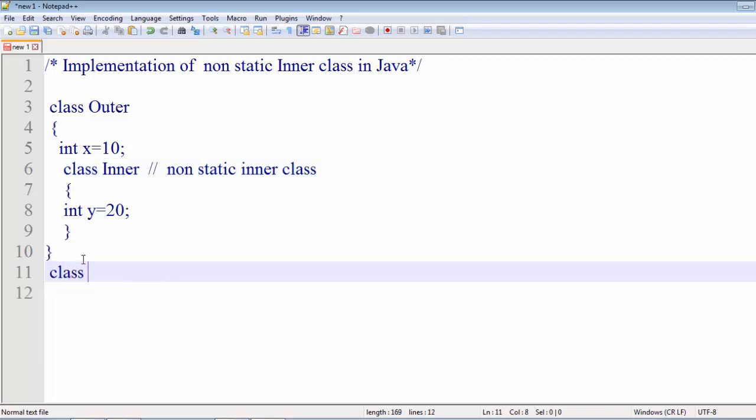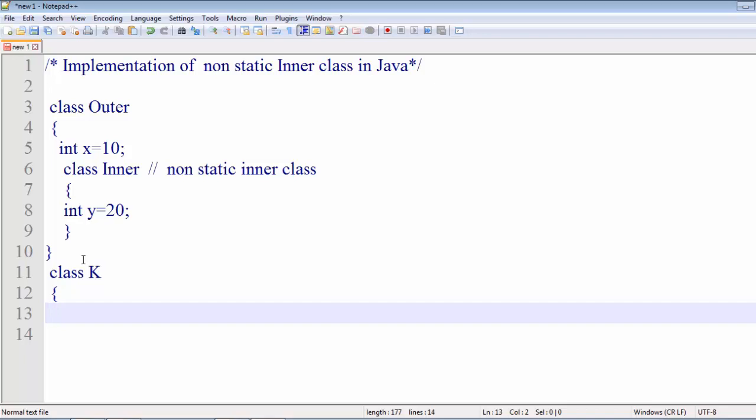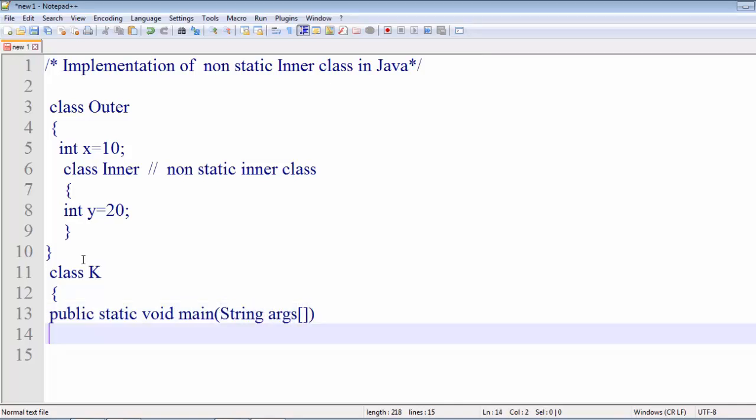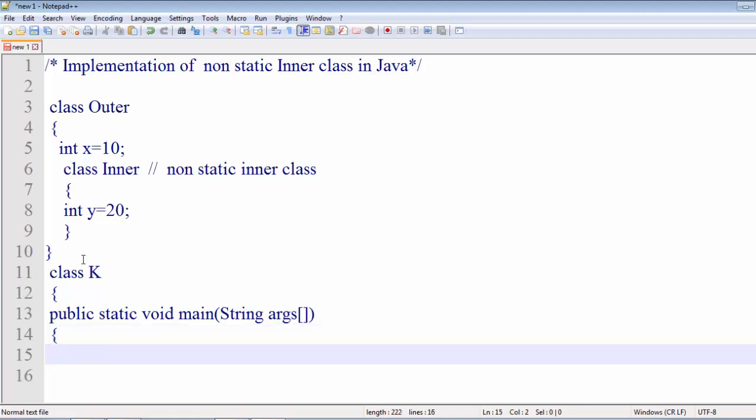Now we create main. We create a class, for example K, and inside this we write public static void main, String args. We have to keep in mind two important points that we have discussed: when we are creating the non-static inner class, it is mandatory for us to create the object of the outer class.